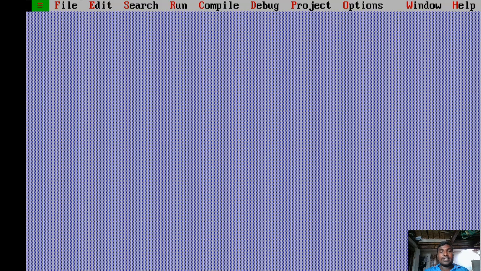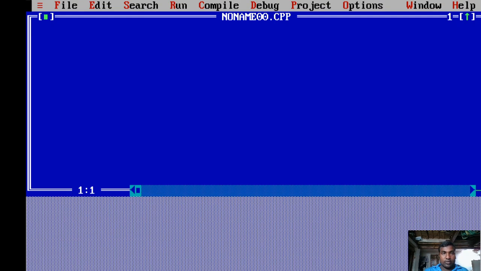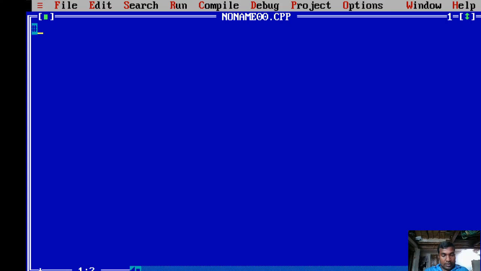So now I am opening the compiler. New file, #include. Now I am writing the program directly: void main, int x, for example x equals 10, printf "x equals %d", x, right.